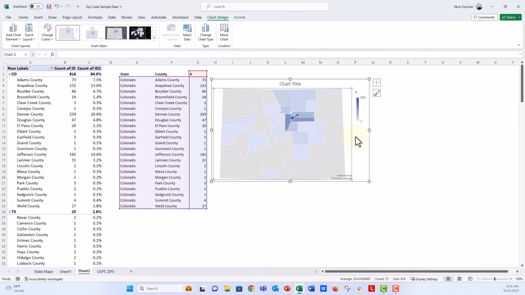We have our color scale. Remember from the last video, you can update those colors if you like. You can't add direct data labels to these charts, but you can hover over them and you'll see the tooltip. It says Weld County has 27 people from it. So if you were just in Excel, you would be able to do that. If you have a PDF report or some other report, you may not be able to do some of those interactive things. And remember, again, if you want to get rid of that powered by Bing notation,